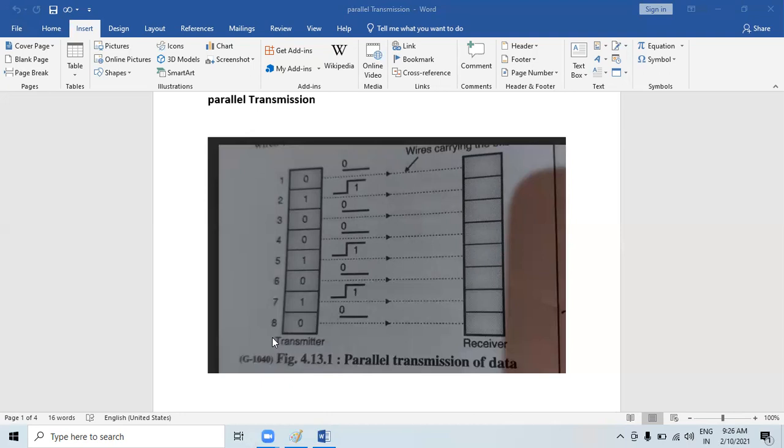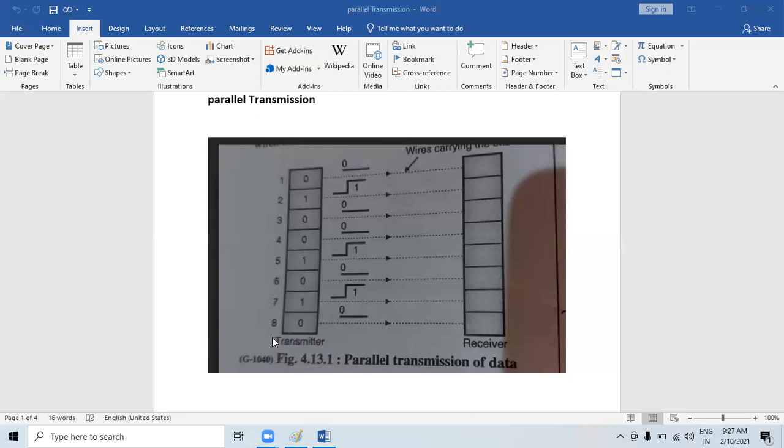So the advantage of parallel transmission is that all the data bits will be transmitted simultaneously. Therefore, the time required for the transmission of an n-bit word is only one clock cycle. Serial transmission will require n clock cycles for transmission of a word. Due to this, the clock frequency can be kept low without affecting the speed of operation. In serial transmission, the clock frequency has to be high.